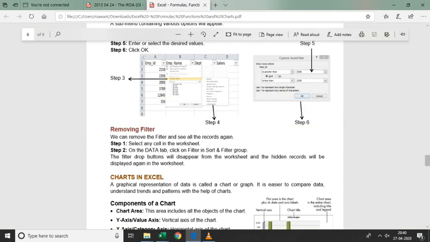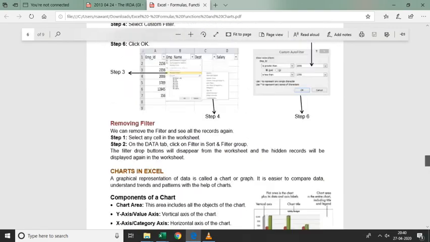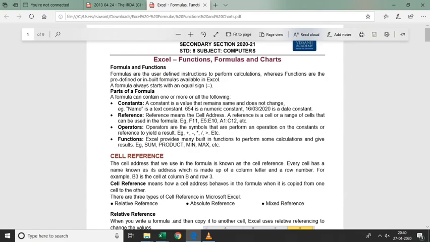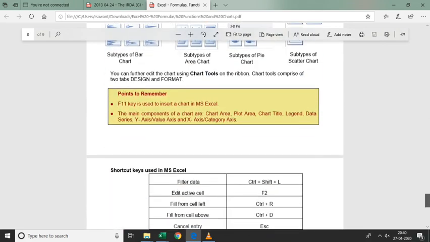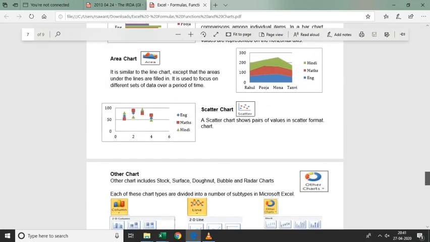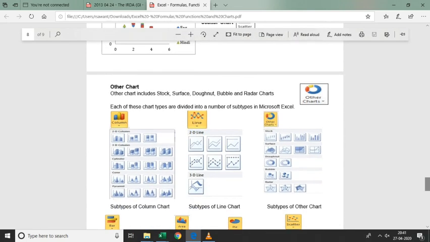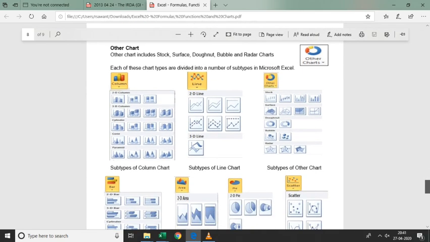Whatever I have explained within this and the previous video, you are going to practice. Only with the help of practice will you understand how exactly it works. Like I've already told you in the previous video, for the functions and formulas that we use, try to add different values and see how it works. Same way for the chart also, here I have displayed the different chart types. Even within categories like column, line, bar chart, you will get different chart categories again. So you can try out these different chart types.